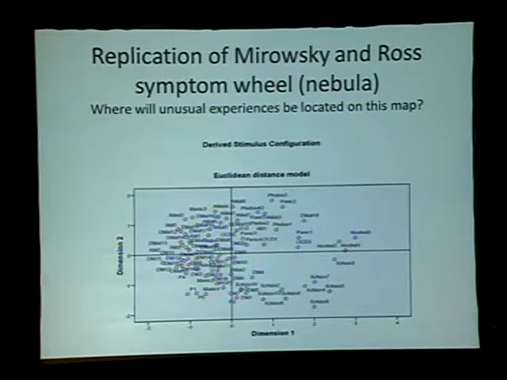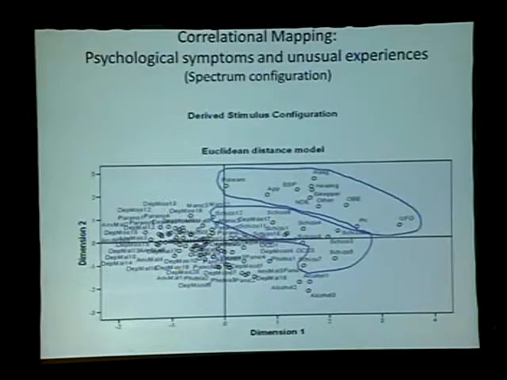So here's our first answer to a research question. Here's what it looks like. Let's see how my laser will do. Here are the unusual experiences. Is my laser clear enough for you? Here are all the psychological variables. Here are all the psychiatric, the schizophrenia variables. All our unusual experiences are clustered together right above the schizophrenia symptoms. Okay, so there's your answer. So that's strange, but